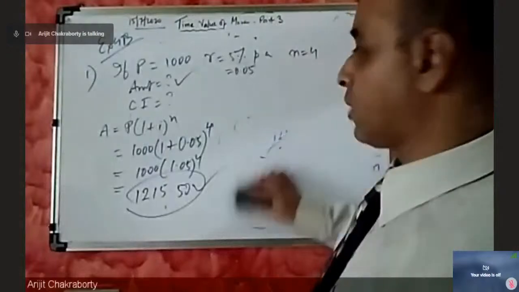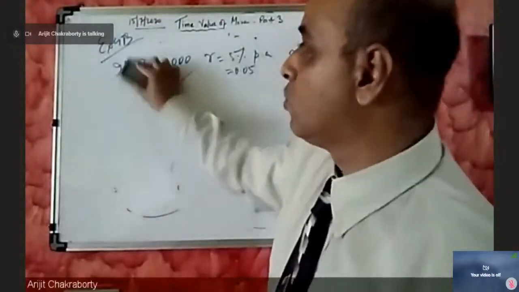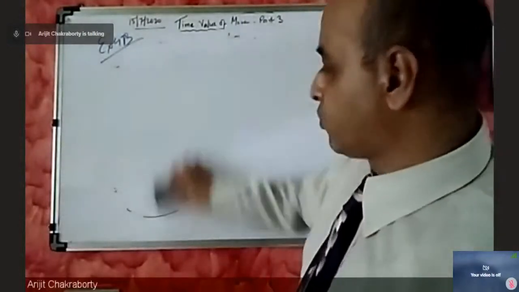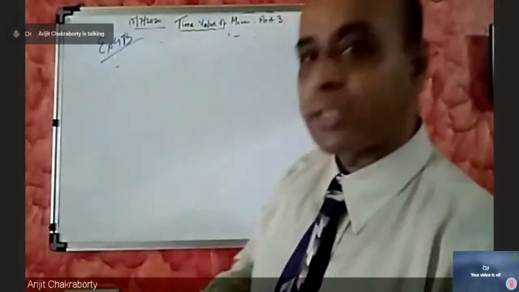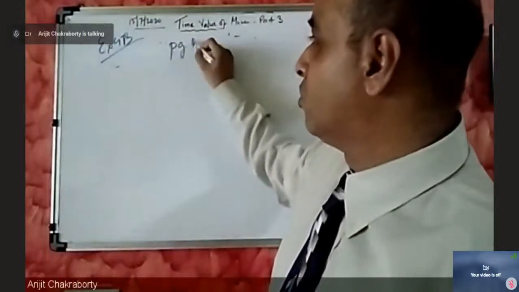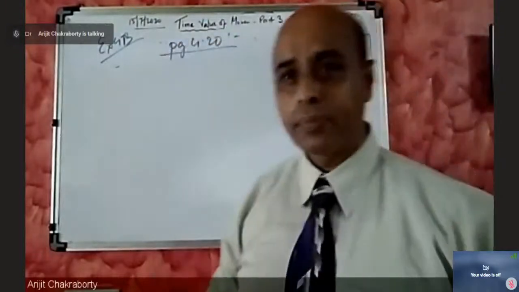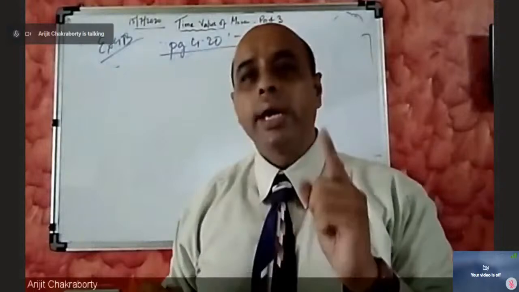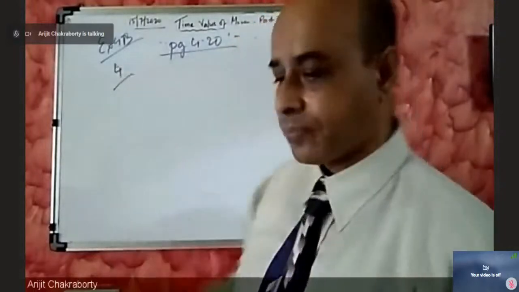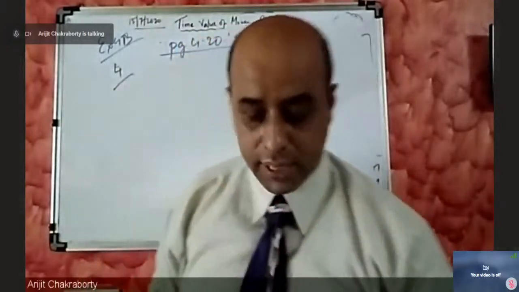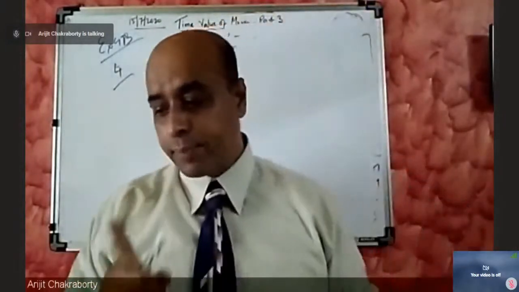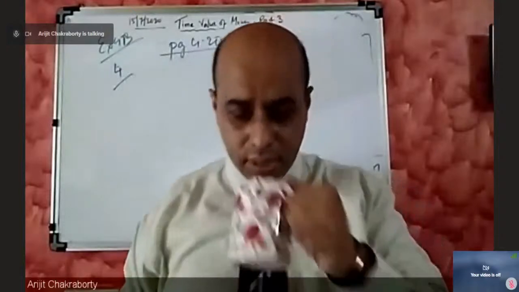This is an easy one to start with. We will take some numericals here and move on. So I request you to move to page 4.20 and we are doing example number 4. Please open the question. The question reads, a machine is depreciated at the rate of 20%